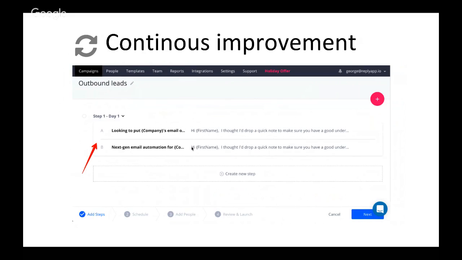So for example, if you have 100 contacts, half of them will get message A and the other half will get message B. Based on that information, you'll be able to make your decisions. Which one is more successful? In the analytics, you'll see that, for example, message A gets many more opens or many more replies, whichever is more important to you. So you'll be able to do something about variant B, whether remove it or modify it, or maybe simply copy the more successful messaging into the less successful one.